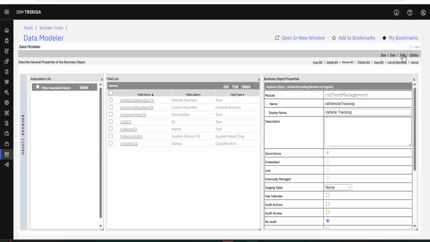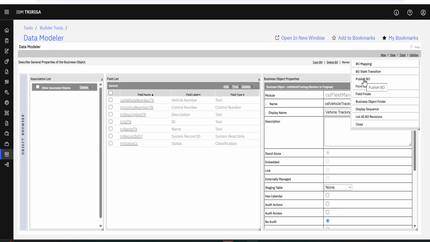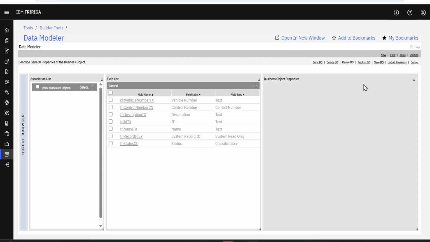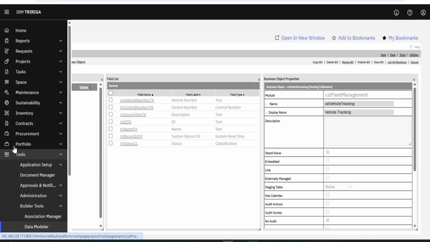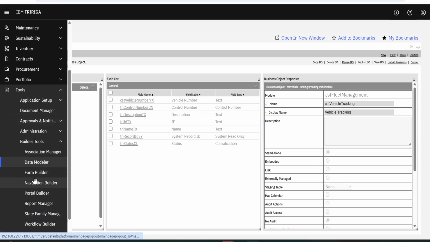But now I will cancel that window and I will publish the business object. Make sure that you publish the business object to make your changes take effect, and it pushes everything to the TRIRIGA server, the TRIRIGA database, and then you will be able to see the changes. So now again I will go to the form builder,